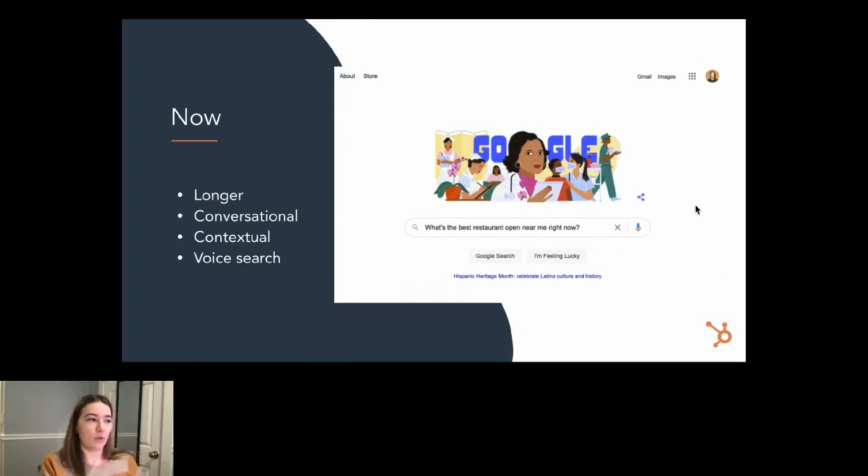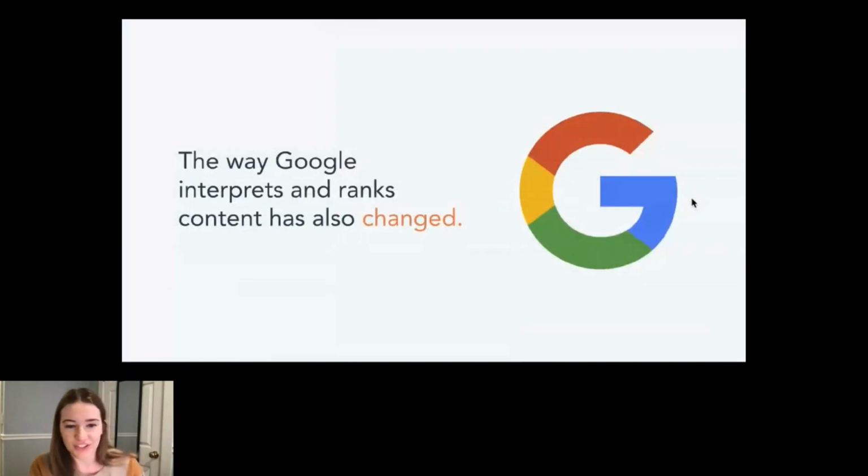This change in how we search isn't just because we've suddenly become more comfortable talking to robots, although maybe that's part of it. It's largely because the quality of results that search engines serve us has substantially improved, along with the quality and quantity of content. And so we expect the results that we're receiving back to match. Google has adapted over the years to better answer our queries and provide us with the most relevant results.